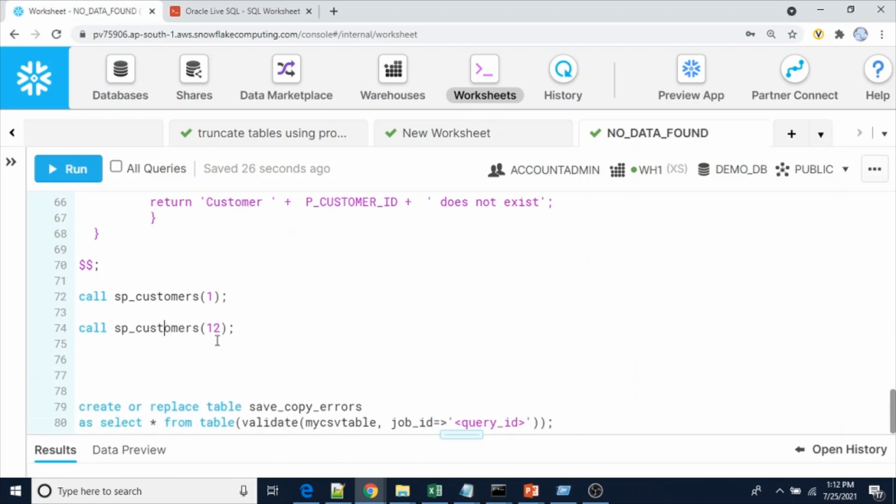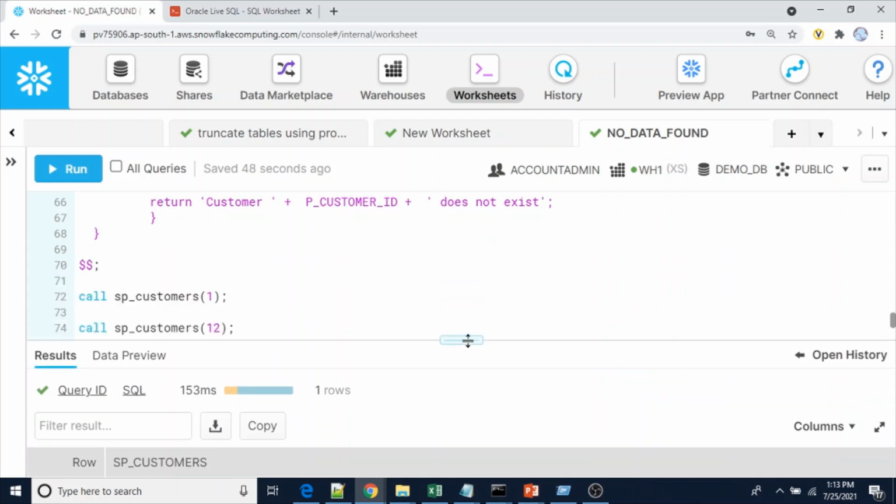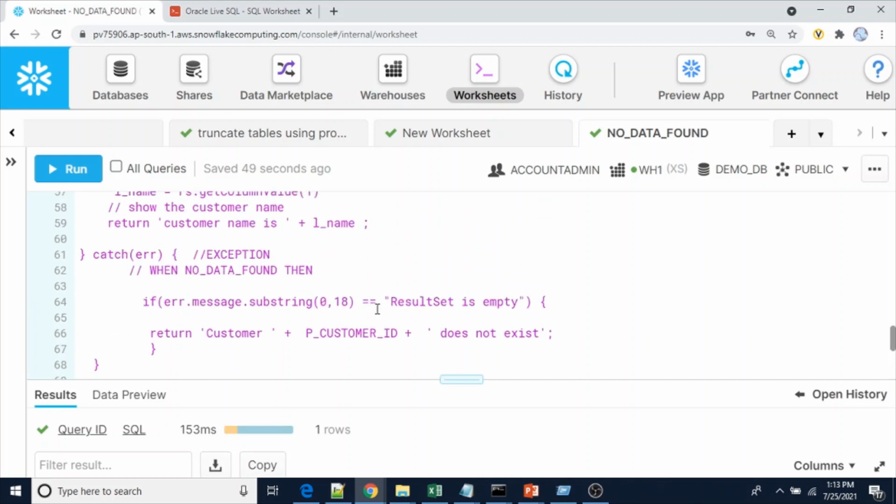If you want to store this value permanently, you can maintain a log table and insert into it. Now I am going to call it with customer ID 12. Now we'll get "customer 12 doesn't exist". The output is the same when you compare Oracle and Snowflake. So this is the way you handle exceptions.